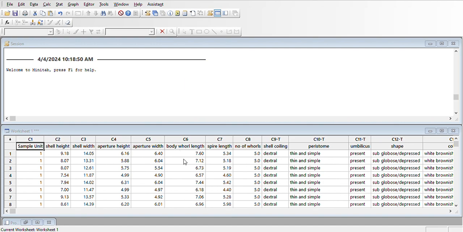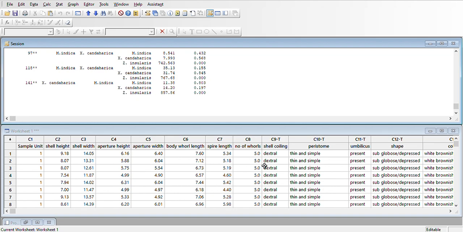We will select them, and then we will be doing our options. Options are fine. We are fine with this. And then we go for the OK. This is the result which we have obtained from our data, and this data clearly shows